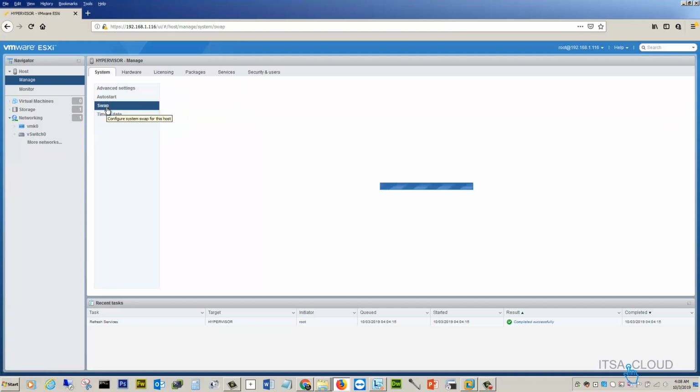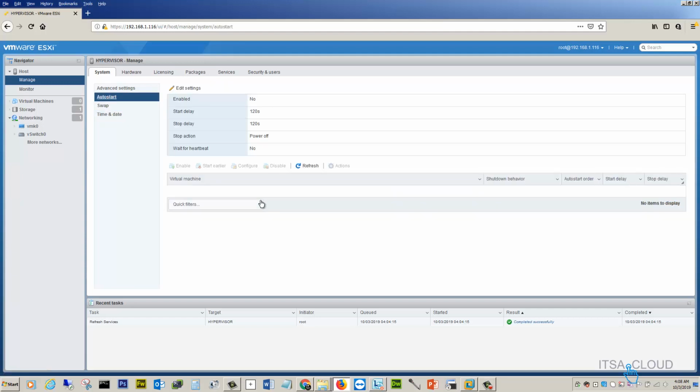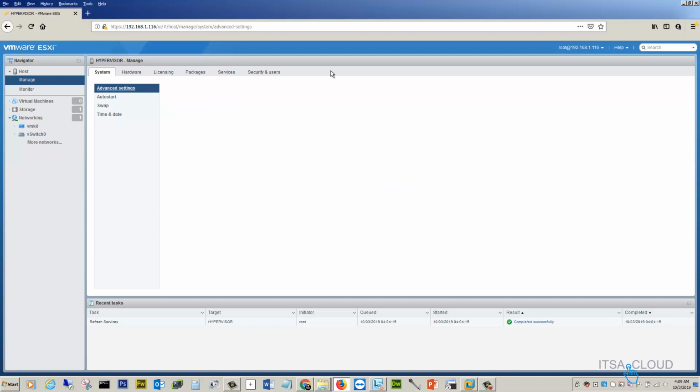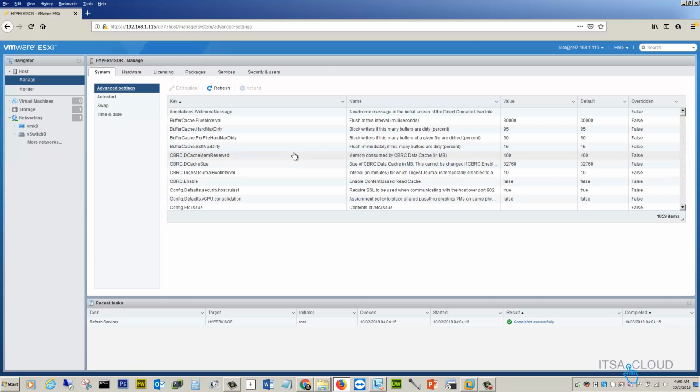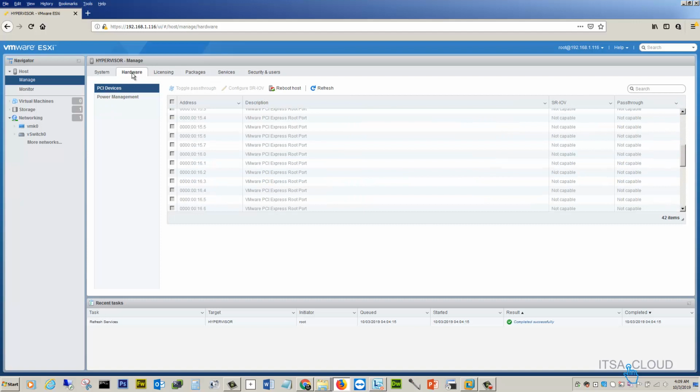You got the option to swap here, auto start, such as for delay, or if you want some VMs to start up at different times. You have the advanced settings right in here. Guys, this is just a quick overview, and we are not really doing the real stuff in here. We are just going around. So we have the hardware, we already went there.